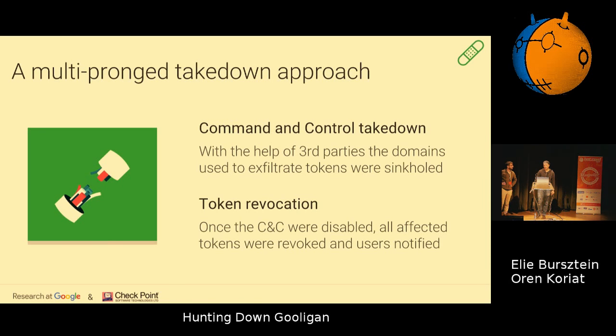So we first started to do this takedown, and as we said, it was during Thanksgiving week, so a lot of people were out, but still we were able to work with all the people needed, including DNS, domain sellers, Shadow Server and other people to actually come up with a strategy. We sinkholed the domain. It was step 1. And the second step is we revoked all the tokens. We have a list of all the tokens affected, so for security measure, we basically removed all of them.